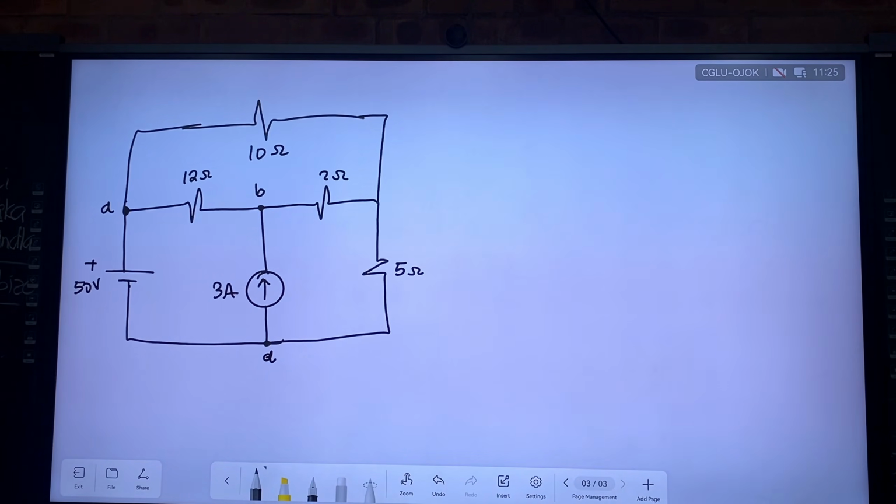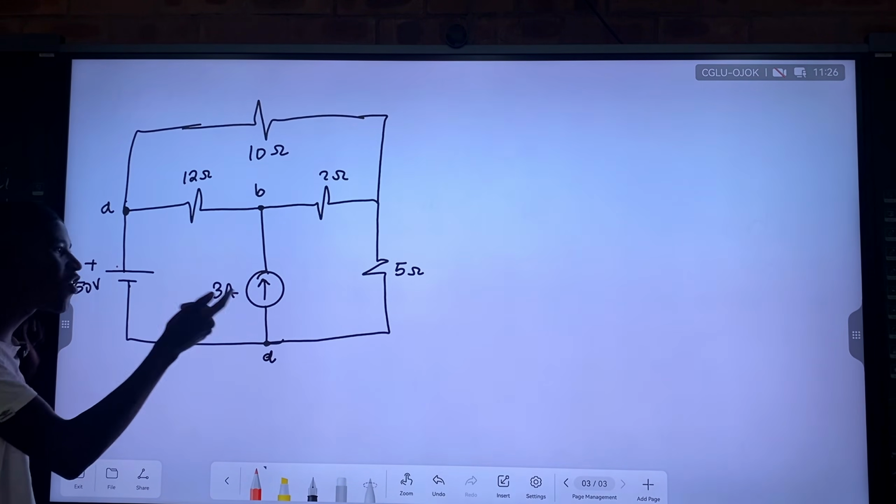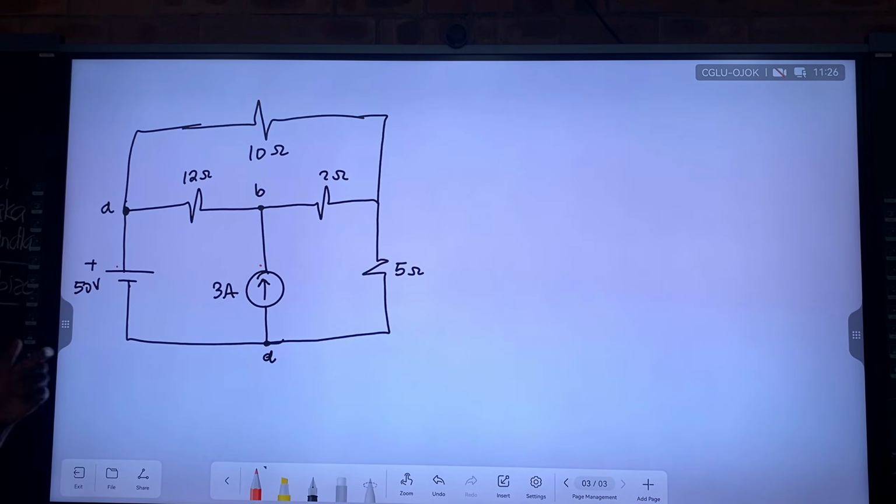No. At the end of the day, you have to do both effects. You first identify which are your 2 current sources here. The voltage source, it is producing current, so it is a current source to an extent. The current source, it is producing current as well, so it is a what? A current source. So you've got 2. So you have to find the effect of the voltage source alone, the effect of the current source alone.